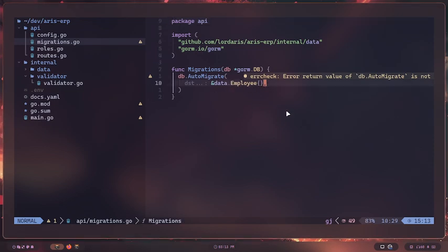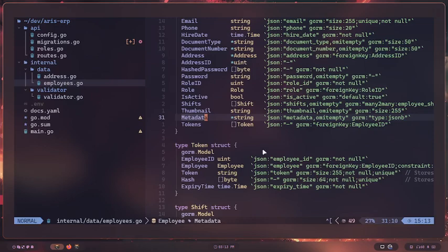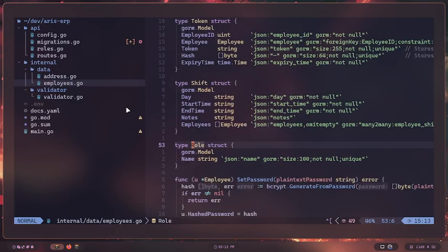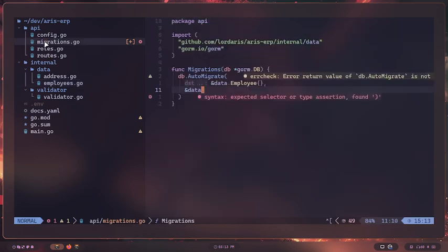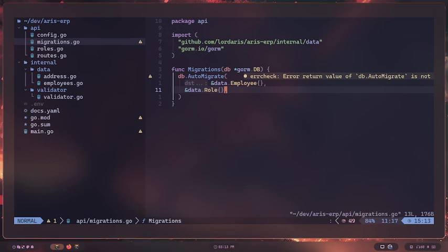So now I have to create a route, which I already did, and I also have to have the role in this auto migration function. So I'm going to get it from the data file, from the data employees, and the type is called role. So in migrations, I add role and a comma. And now this is going to create a table for the roles. And now if I test it,